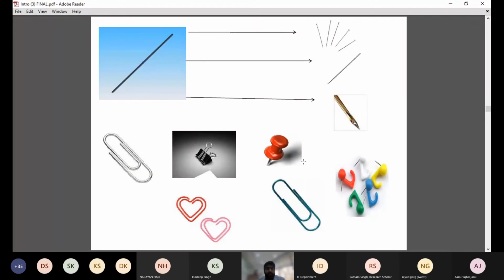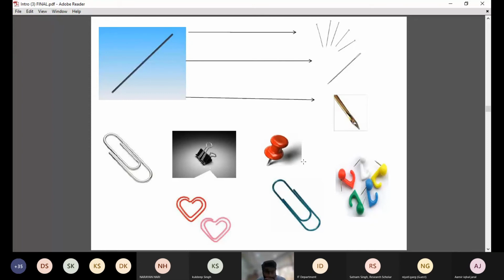Now, as you can see on your screen, these are basic examples of patented products for which patents were filed once they were invented. The first example is, I think, a needle, then a paper clip, a board pin, right? So these were small inventions for which patent applications were filed. Now you can imagine how small products are patented. Even to this date, people are still trying to modify these things.